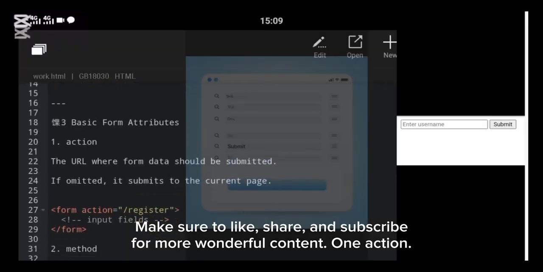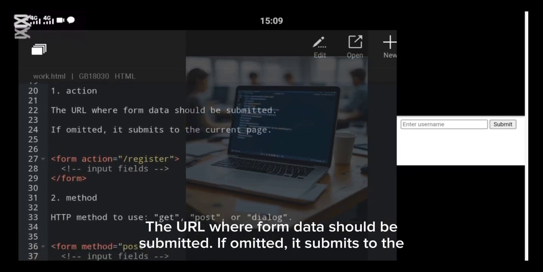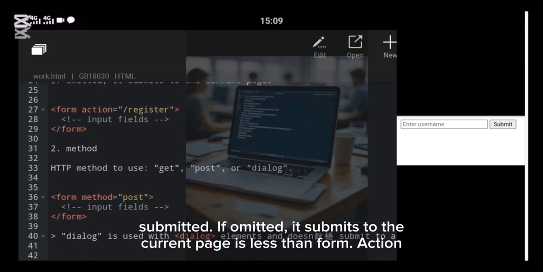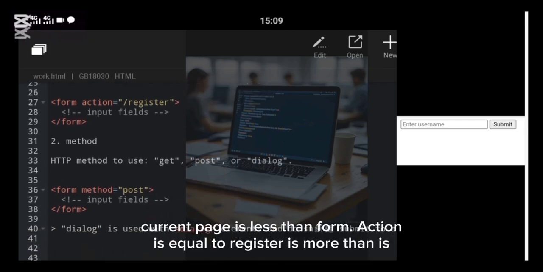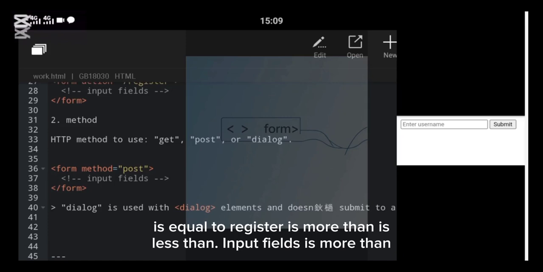Basic form attributes. 1. Action. The URL where form data should be submitted. If omitted, it submits to the current page. <form action="register"> <input fields>